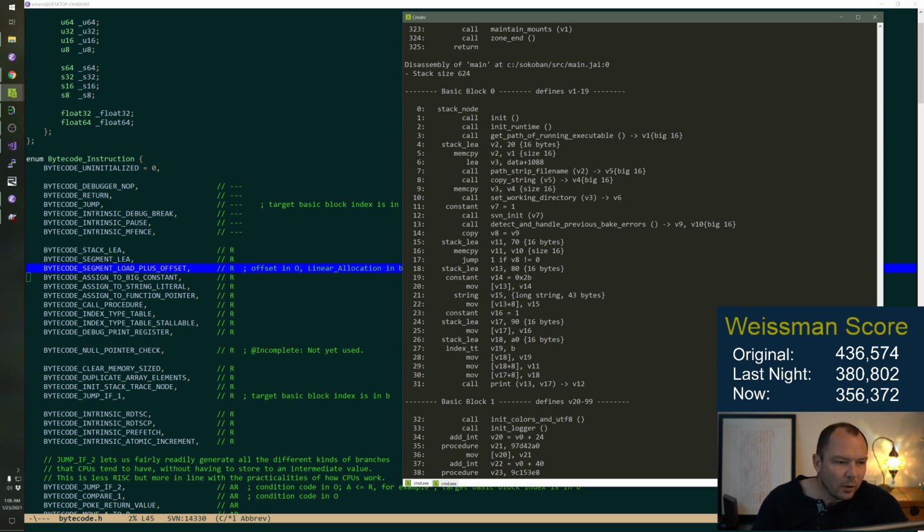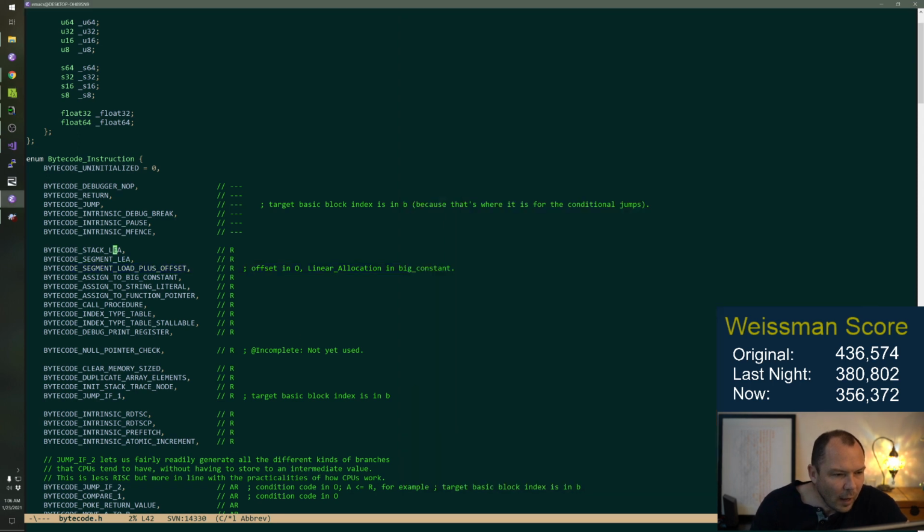The plan is combine Stackly back into Segmently. And then make segment load plus offset handle the stack as well. Whether we use that, I'm not sure. We'll find a way to use it. And then we'll make a store plus offset. And then that might be it for the gains for now.